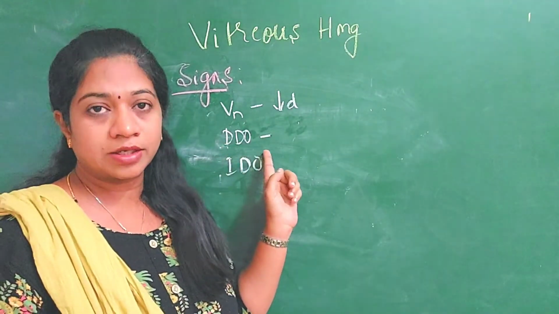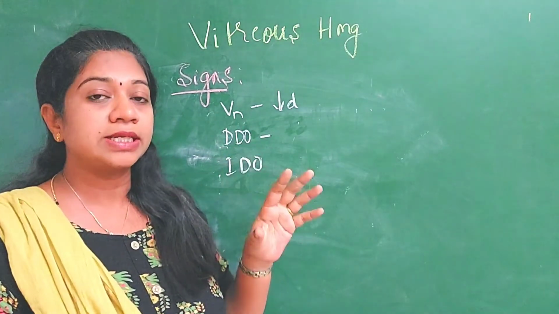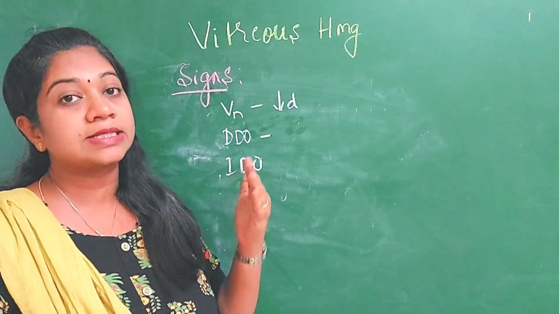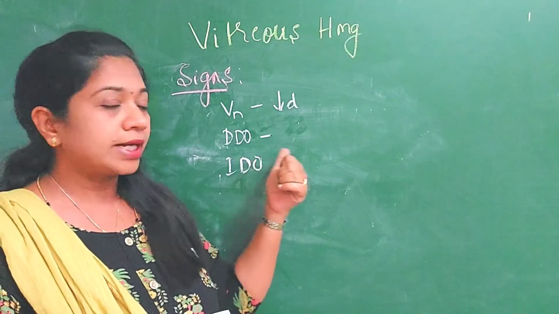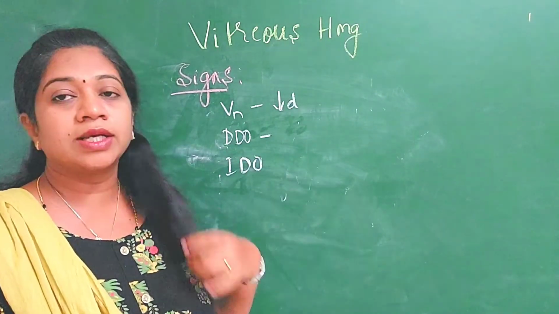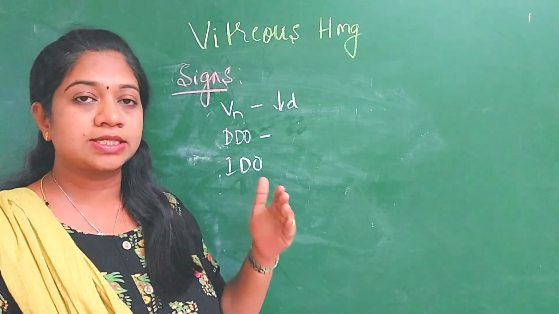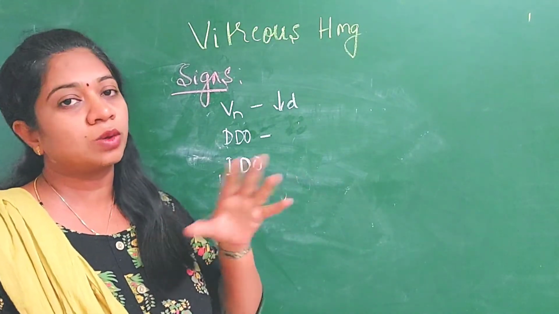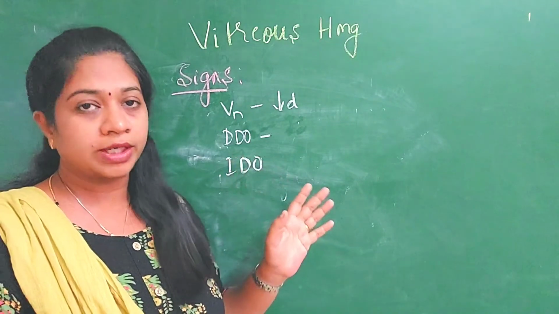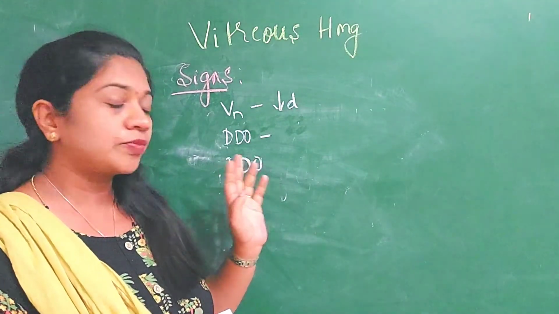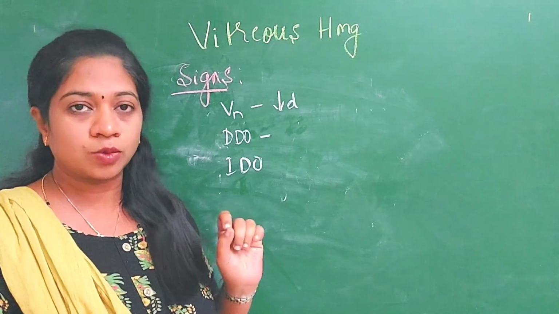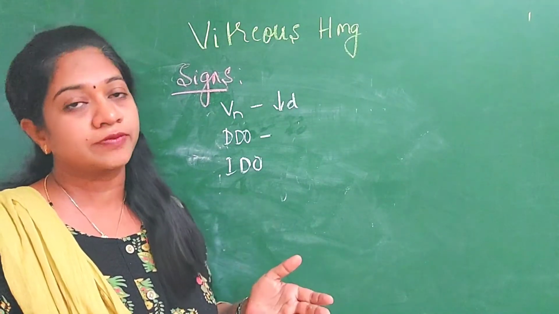If you do distant direct ophthalmoscopy, then you will see the pockets of the vitreous hemorrhage as black shadows against the red glow. Okay, that again depends upon the amount of vitreous hemorrhage. If the hemorrhage is very small, then that is seen as a black shadow against the red glow. If the hemorrhage is large and filling the whole of the vitreous cavity, then no red glow is seen. Okay, then you have to do indirect ophthalmoscopy with scleral depression to see the amount of vitreous hemorrhage and to look into the cause for the vitreous hemorrhage.